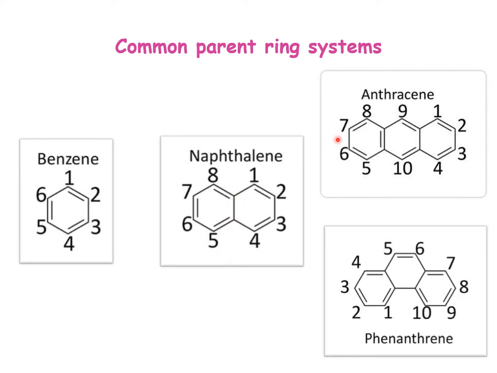Three benzene rings fused to each other. If in a straight line, it is called anthracene, and similarly all the outer carbon atoms are numbered. If they are fused in an angular way, then it is called phenanthrene. So before naming benzene derivatives, one has to ensure whether there is only one ring or two rings or three rings. There are also higher order compounds, but in pharmaceutical drugs, typically up to three benzene rings are seen.